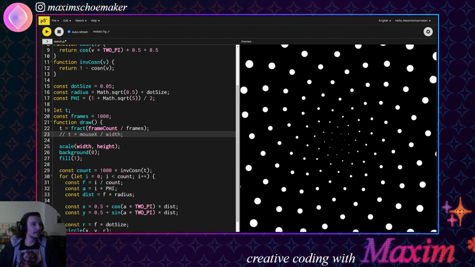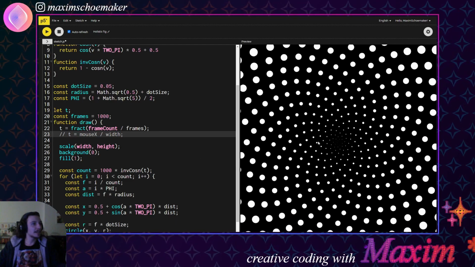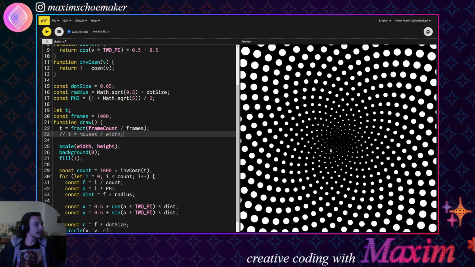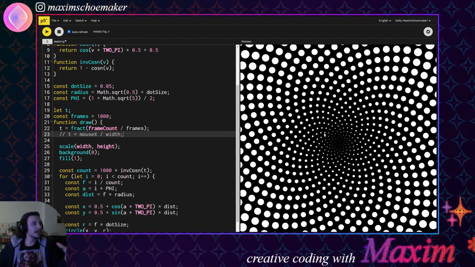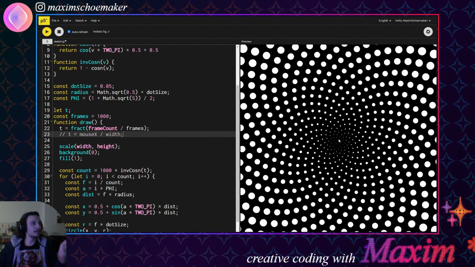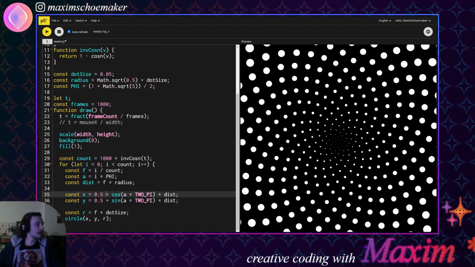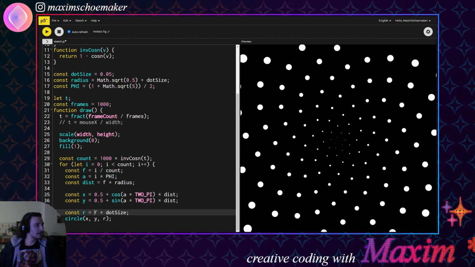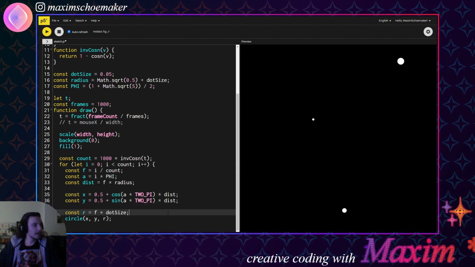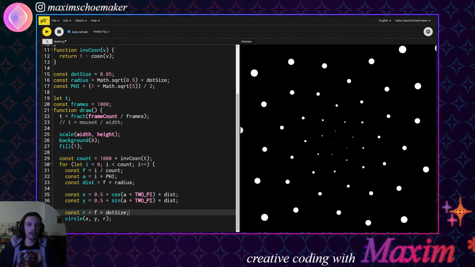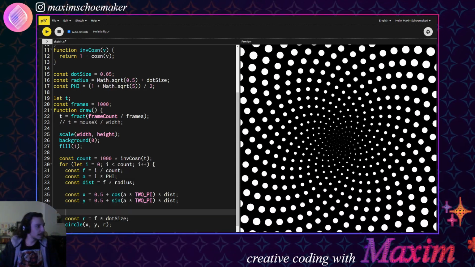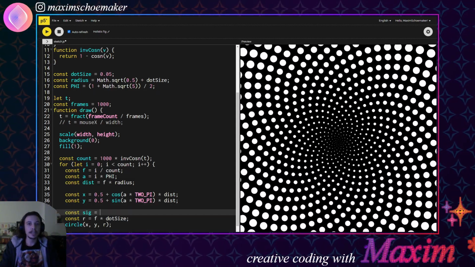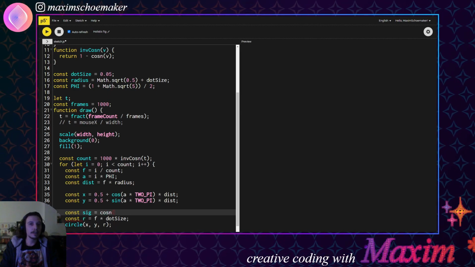Another thing we can animate is the dot size. What we can do is have the dots grow in size and then have that move out from the center. Alright, how do we do this? Well, we can use another signal, and I'm going to write that down as a variable. Sig is cos n